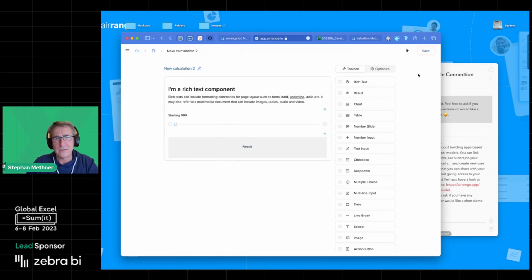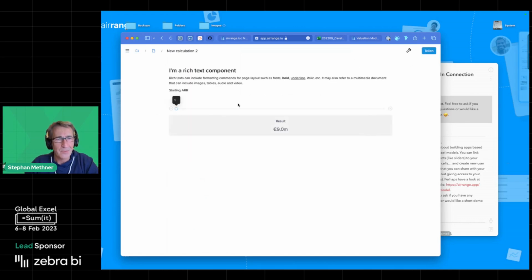Okay, now let's save. So it's a very easy app, but now I have an app with a slider that calculates with the full power of your workbook. So,